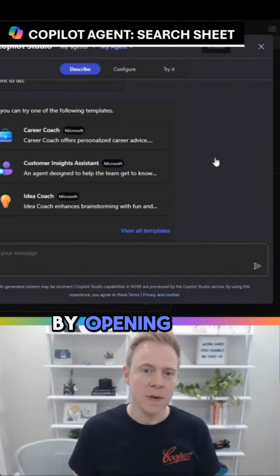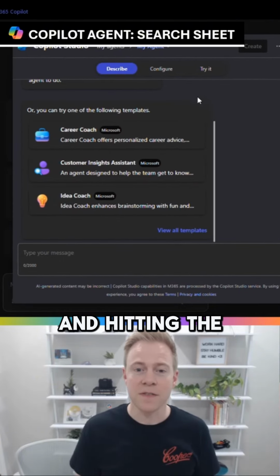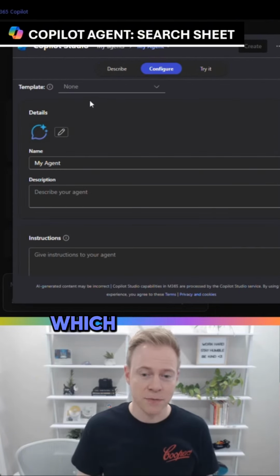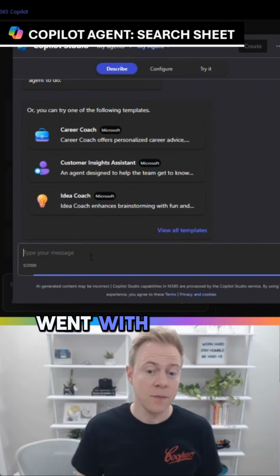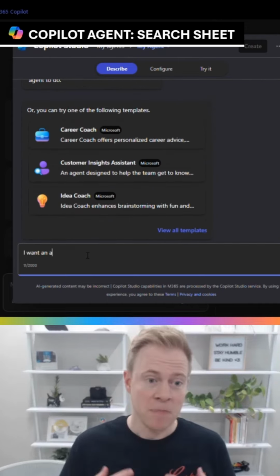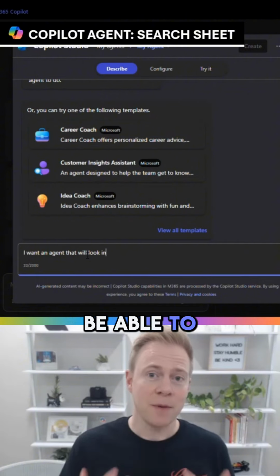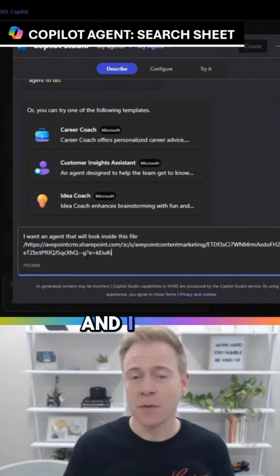So I began by opening Copilot for Microsoft 365 and hitting the Create an Agent button, which gives you different options for manually configuring or describing your agent. And so I went with Describe and straight up asked it, I'm trying to look at this file. I want to be able to ask this agent to look for case studies and I want it to return